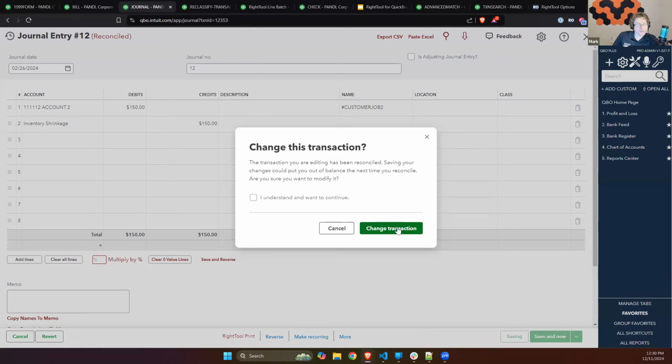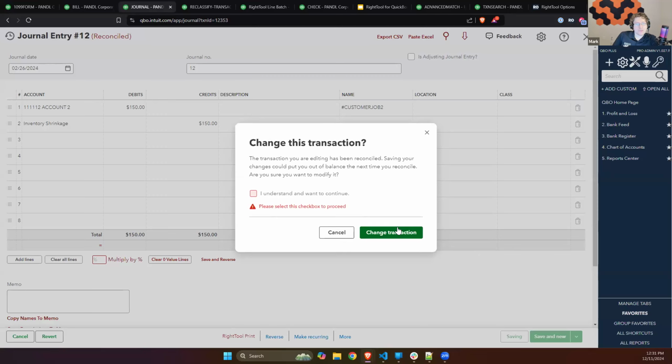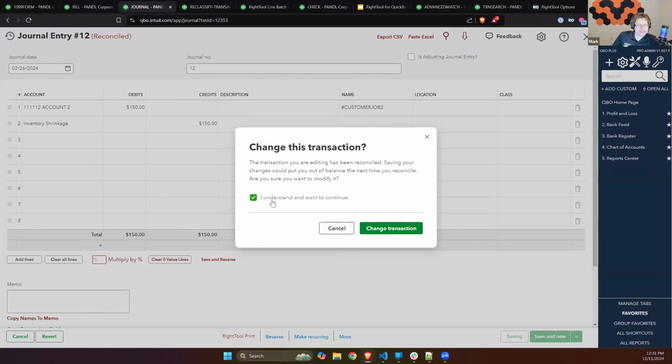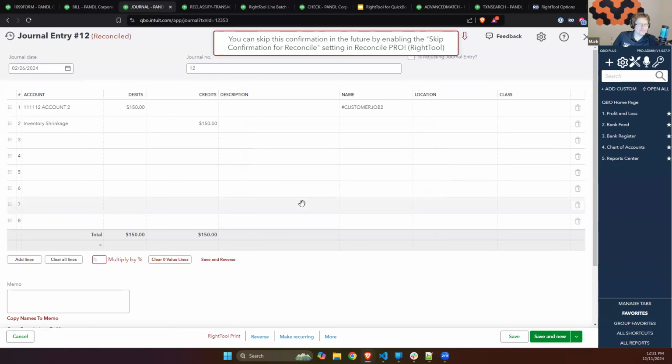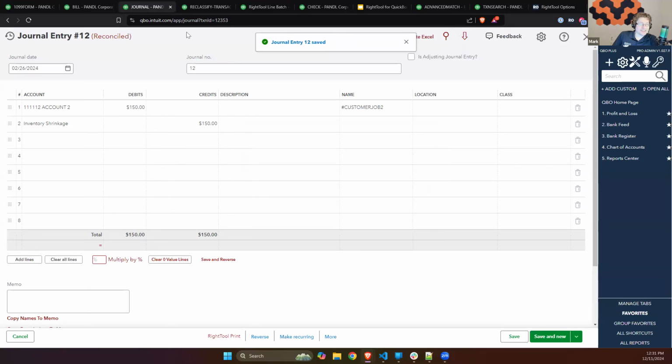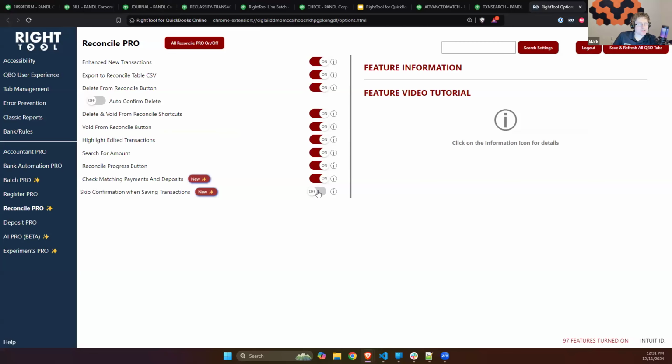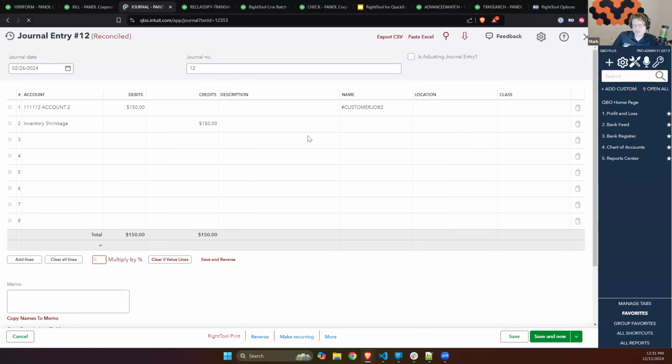This is why we put this in Pro. For most people, regular users, this is something you want to have. They also made this little checkbox. But for us as pro users, that's a little bit annoying to have to deal with every single time, especially now that they added that checkbox in. So we've added this feature. And if I refresh this page now,